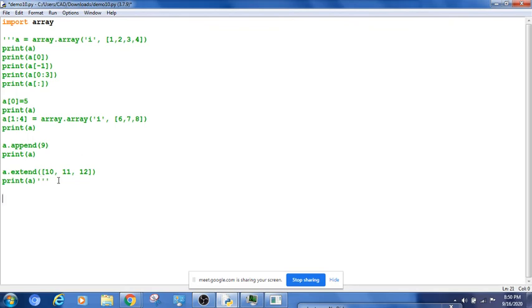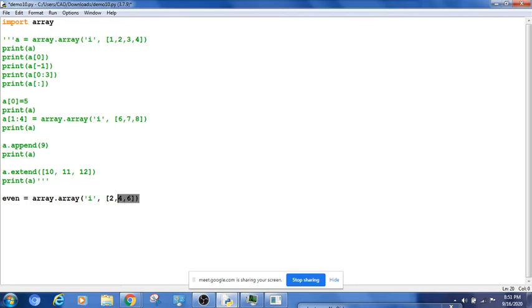Right? Let's take an example, E1 array. E1 equal to, how do I create an array? Array dot array, and then give the type. I am lazy, so I'll just copy the type. So E1, array of even numbers I will create: 2, 4 and 6. So this is the even array.